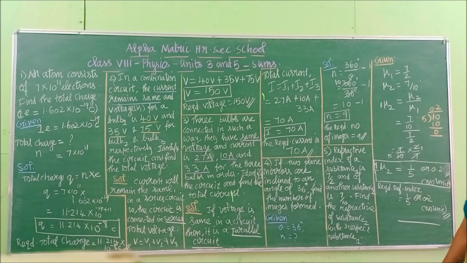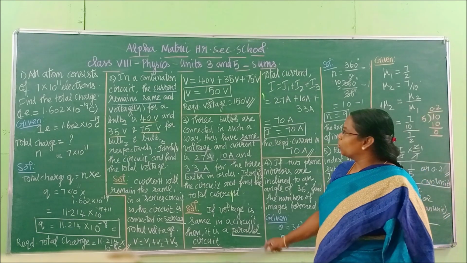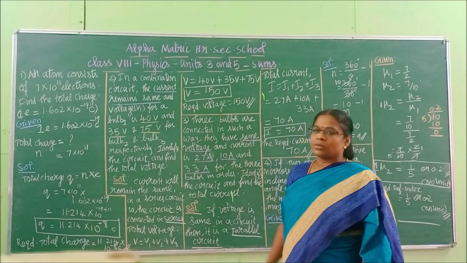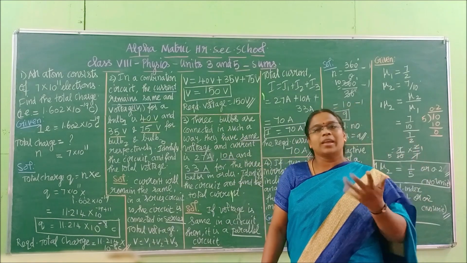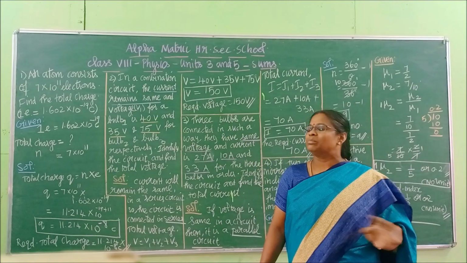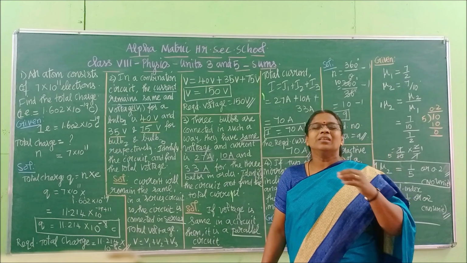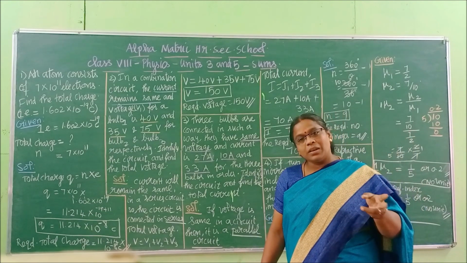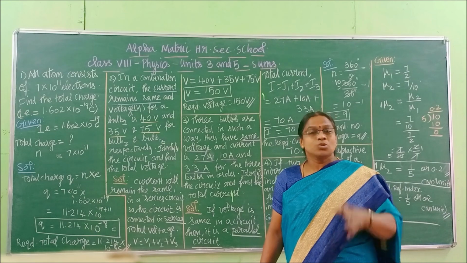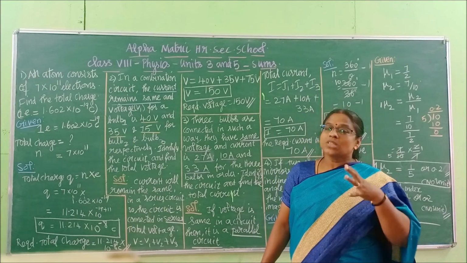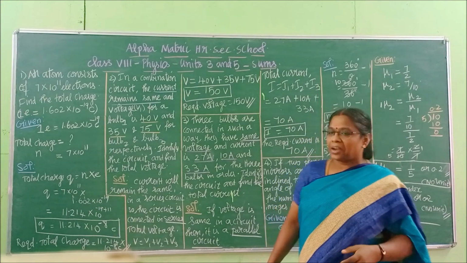Simple only, children. Many children will see the length of the question and say, oh my god, a lengthy question, I cannot answer this, I don't know this sum. That question will be half a page, and the answer will be in 2 steps. So read the question, okay? Seeing that appearance, don't get frightened.